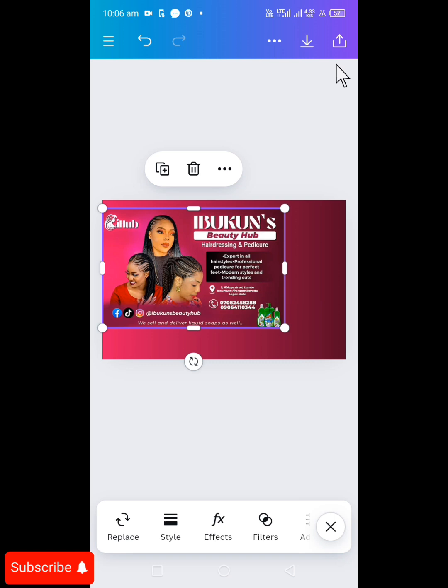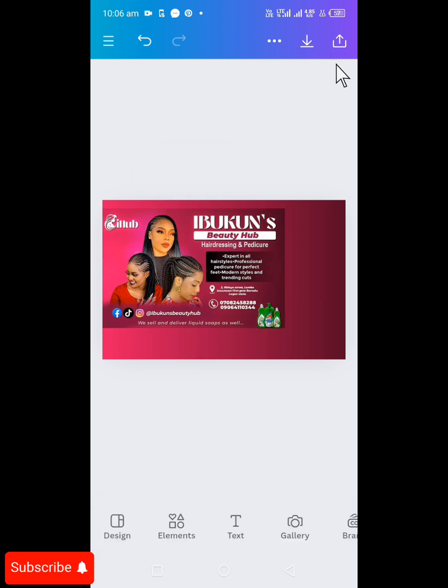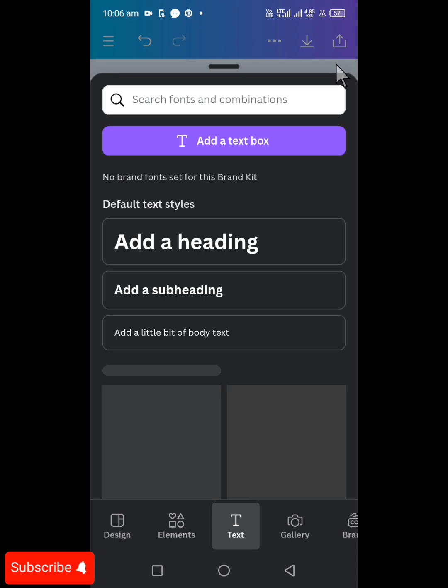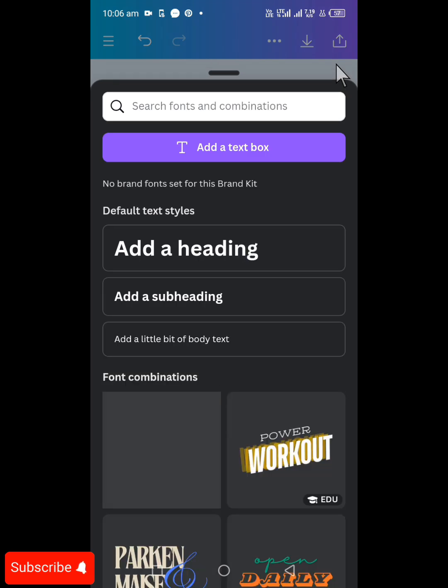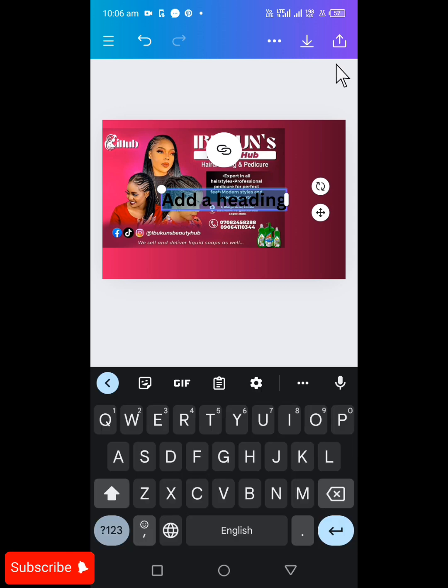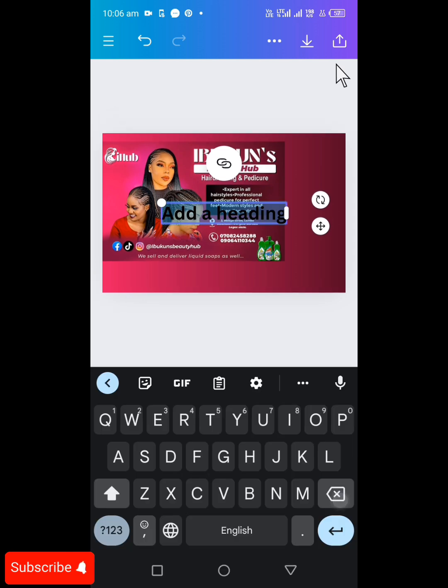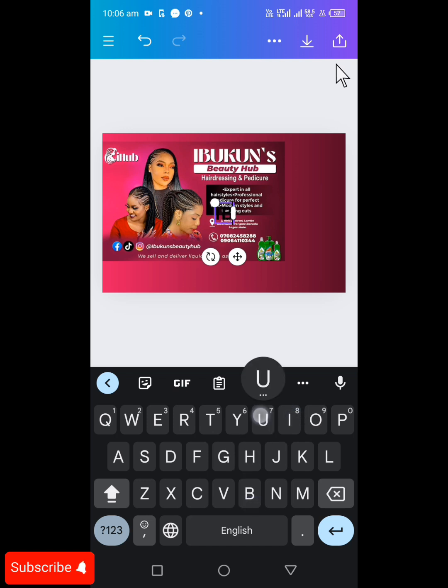So the next thing which I'll be needing to do is just to come up with my typography, which is the brand name Ibukun's Beauty Up. Let me first of all start with that. So I'm going to be clicking on text. I'm going to add heading because that text is kind of a subtopic something. So let me clear everything. Then I'm going to use capital letter